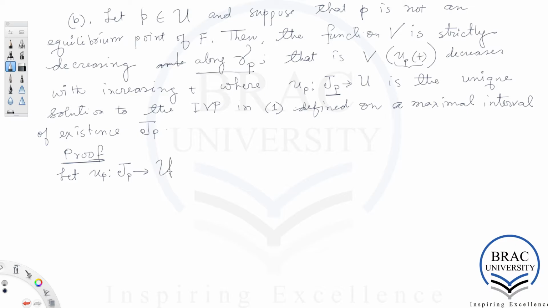Let JP be the set of t mapped to the open set U. This is small u and this is big U. This is just a curve, the integral curve, or the solution of the underlying ODE, and this big U is the open set that we started with in R to the n. So let this be the solution